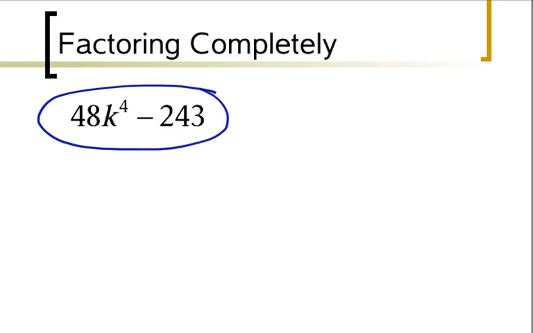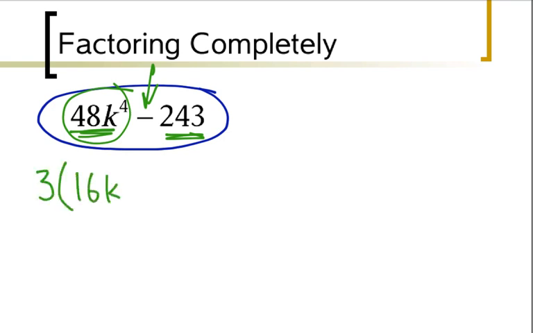Now 48 and 243 do have a common factor, so we have to do GCF with 3. 3 goes into 48, it also goes into 243. Because at the first step, 48 doesn't have a square root, so I can't do difference of squares, even though it looks like a difference of squares problem. 48 can be divided by 3, and that gives me 16. So I pull out a 3, and I get 16 k to the 4th, and then 243 divided by 3